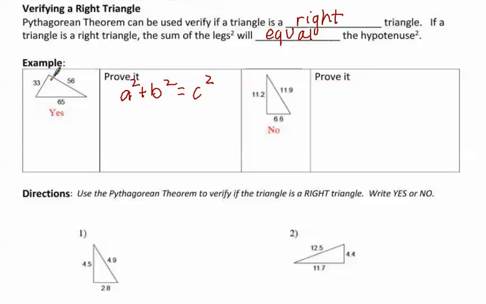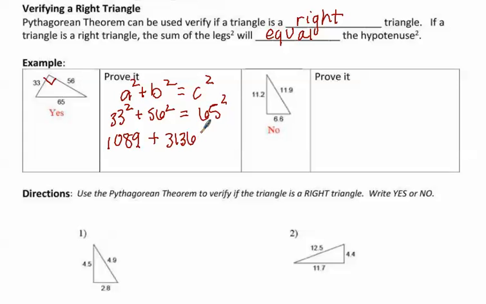So I would say here's my right triangle. So I'm going to add 33 squared plus 56 squared, and that should equal 65 squared. So if I evaluate, 33 squared is 1089, plus 56 squared is